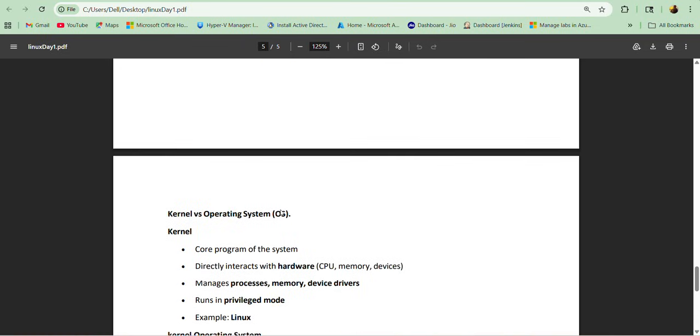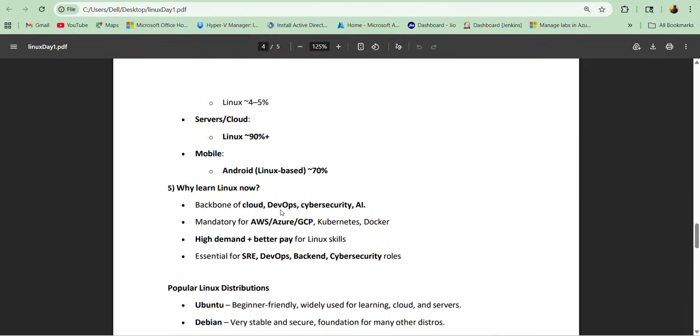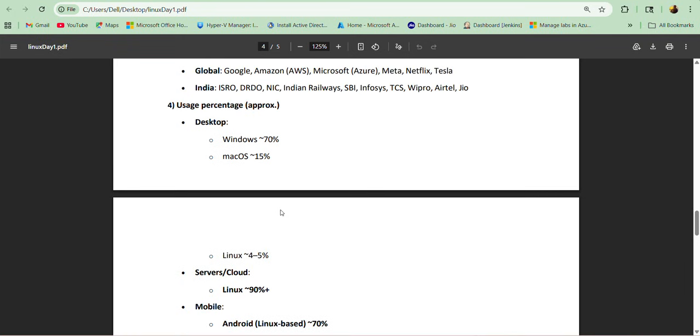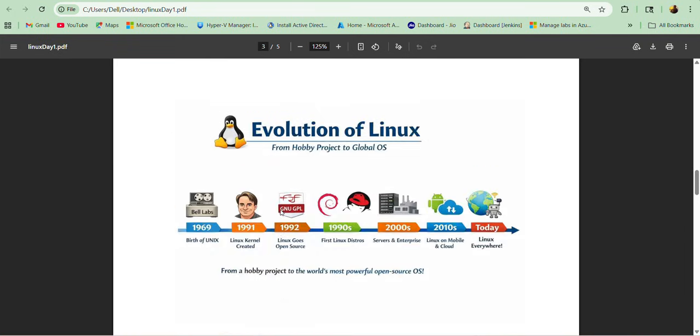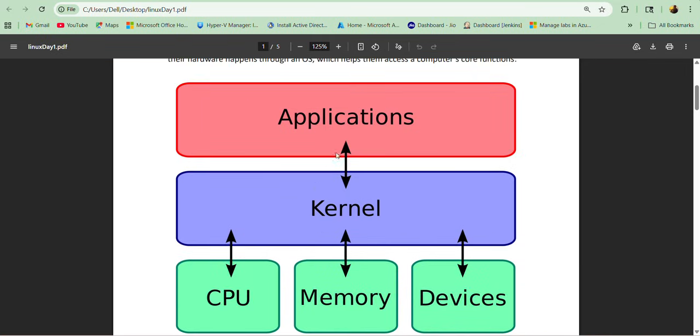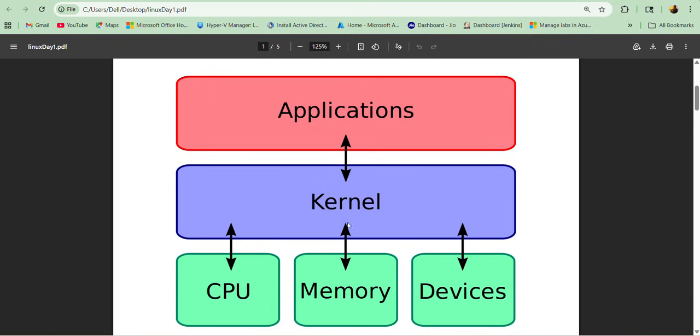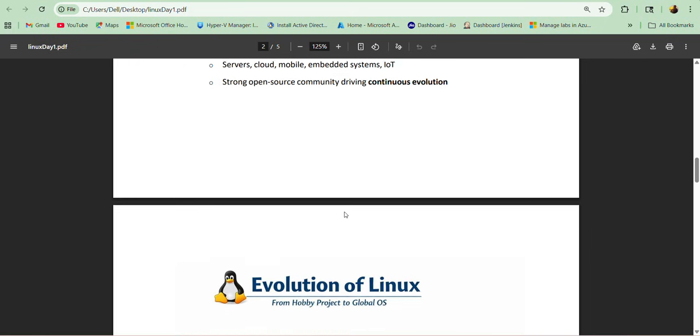Okay, if you see above, this is exactly the diagram. Let me just scroll it up. Okay, yeah, I guess it's here. This is what exactly the operating system is. It's the whole thing, sitting in between the hardware and your application layer. Okay, so next moving,